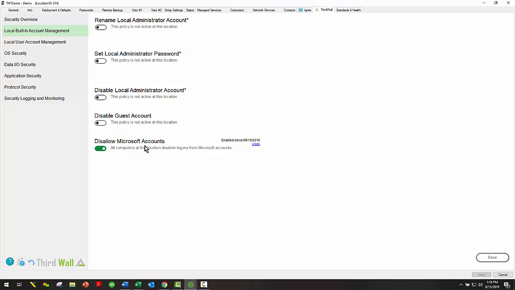This is a direct write to the registry. That way, we don't rely on group policy, which of course is a domain function, and we work on all Windows computers, not just domain Windows computers. So we've done that, but the second thing is we've turned on a monitor, and that monitor is going to